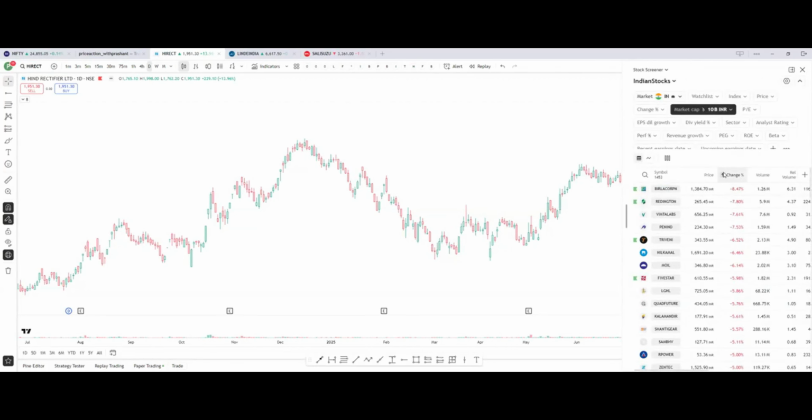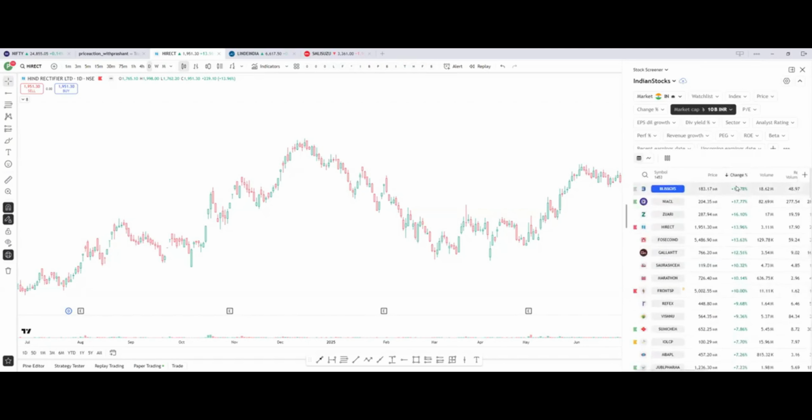In this, I check those stocks which are positive for the day. If I want to buy stocks, I check the stocks which are positive for the day. When we sort this, we can change it to descending or ascending order. I keep it in descending order so that I see which are positive stocks. When I start at 9:15, some stocks are 10% up, 7, 8% up. I neglect those stocks because after an 8%, 10% move, there is nothing left. Even if it goes to 20%, I will not be able to capture any good profit in that, because